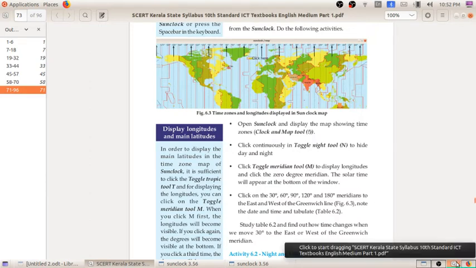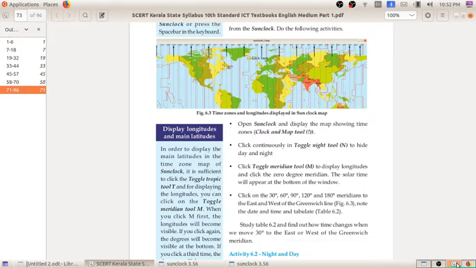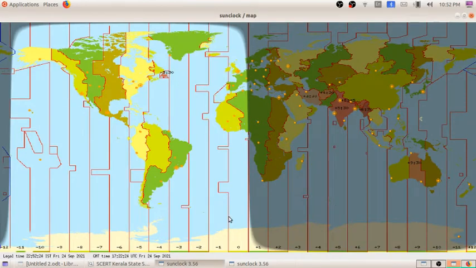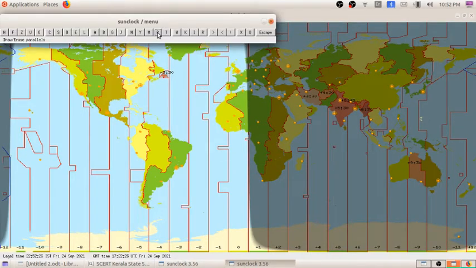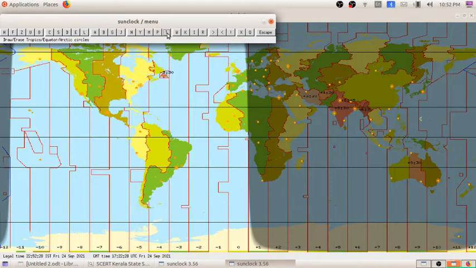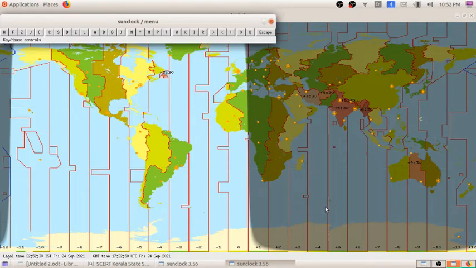This toggle night tool is to hide the day and night. Here you can see this is our menu bar.